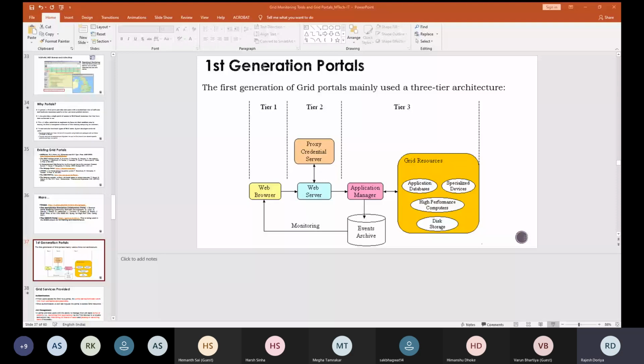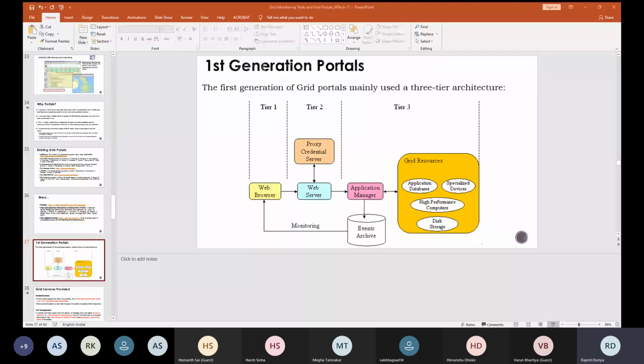As discussed earlier, it provides the service of authentication. That means when a user accesses the grid via the portal, the portal can authenticate users with their usernames and passwords. How is the authentication provided?